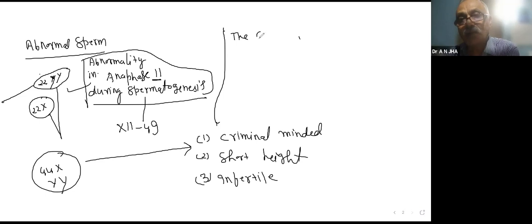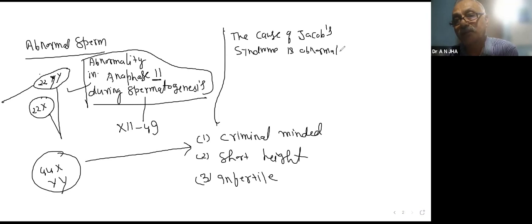Question can be asked: the cause of Jacob syndrome is abnormality during, you may be given for option,